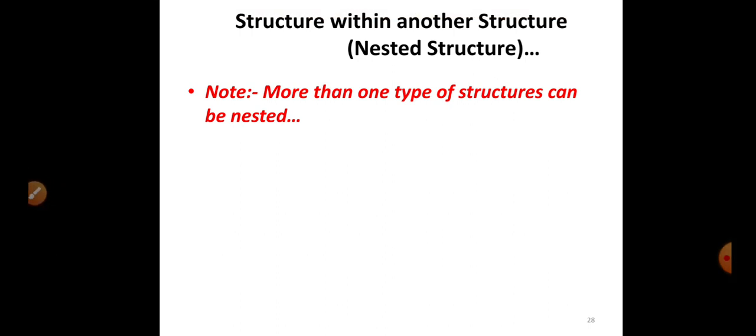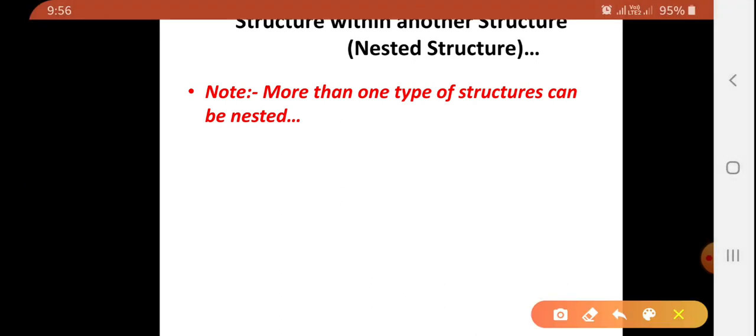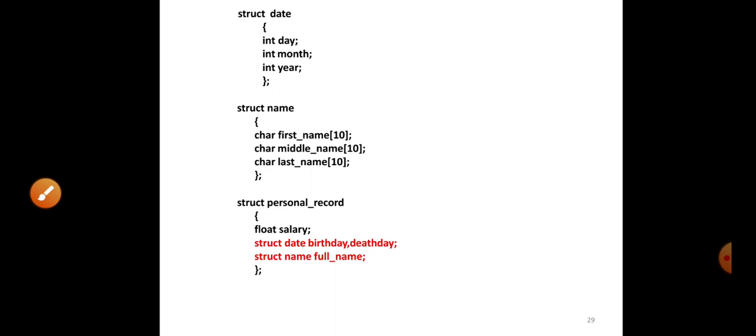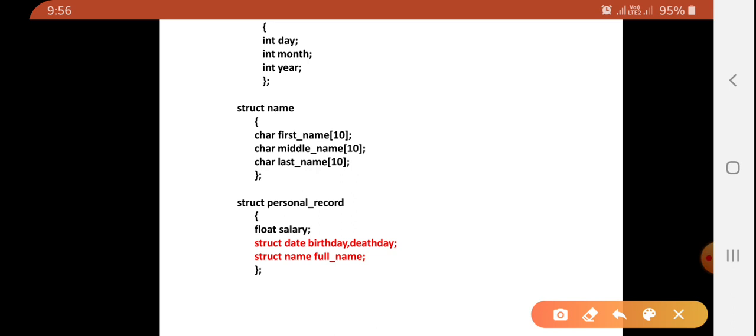Now you can even nest more than one type of structure here. For example, we have created two structures, date and name. Date contains day, month, and year. Name contains first name, last name, and middle name. Now we have created one structure, person_record, which will contain one member variable, salary, and two structures, one of type struct date and the second of type struct name.